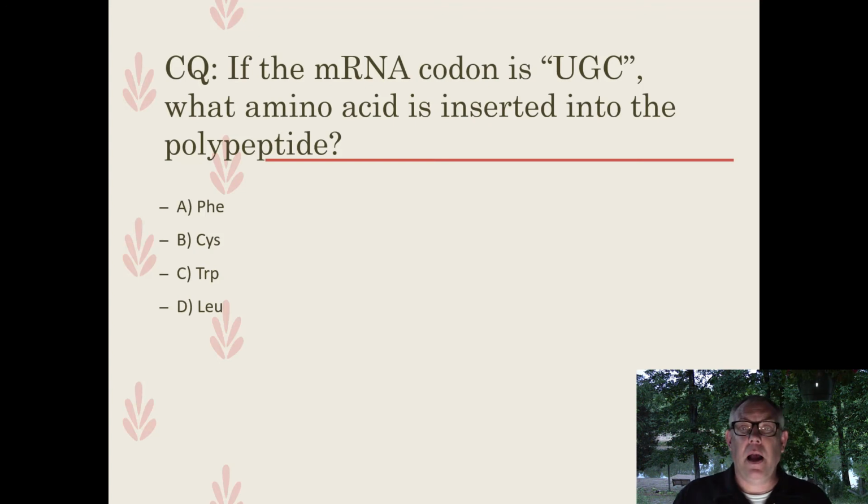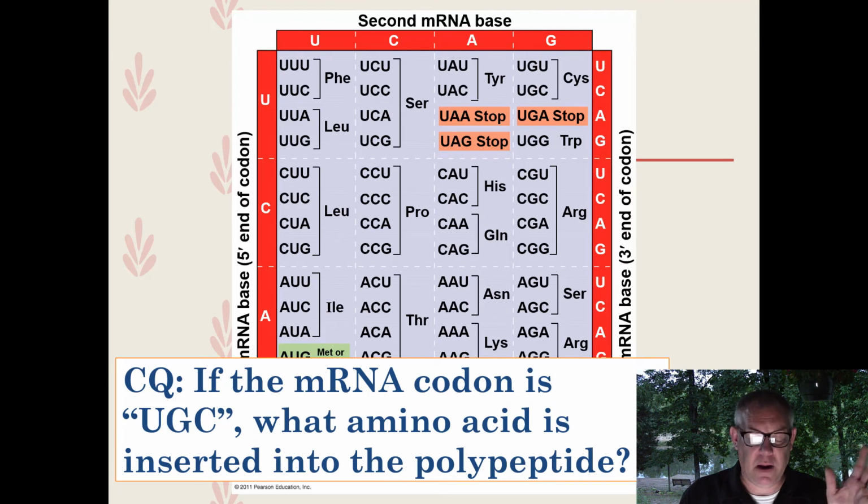So if the mRNA codon is UGC, what amino acid should go into the polypeptide? Well, don't memorize this table, right? That's a waste of time. If I ever ask you any of these questions, I'll give you this table. And so you've got to look up